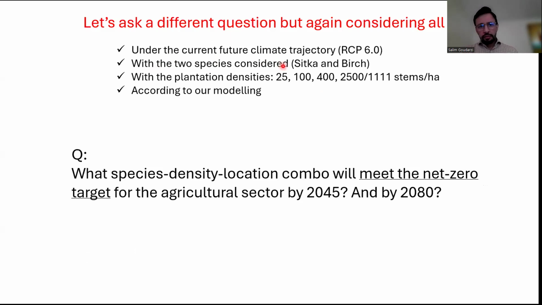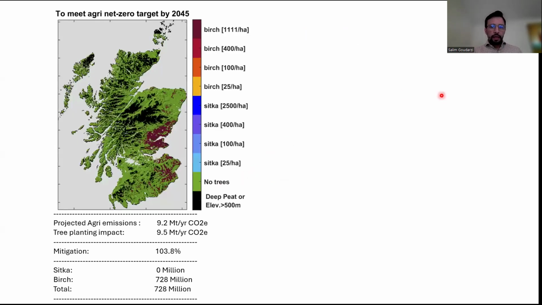So let's ask perhaps a more realistic question. It's probably not fair to expect tree planting to carry the load for Scotland, in that we expect it to mitigate the entire 40 megaton plus a year of emission. So what about we hold it accountable for the agricultural sector's emission? Then what sort of pattern do we think we should plant in Scotland for the different dates? And if we did that,